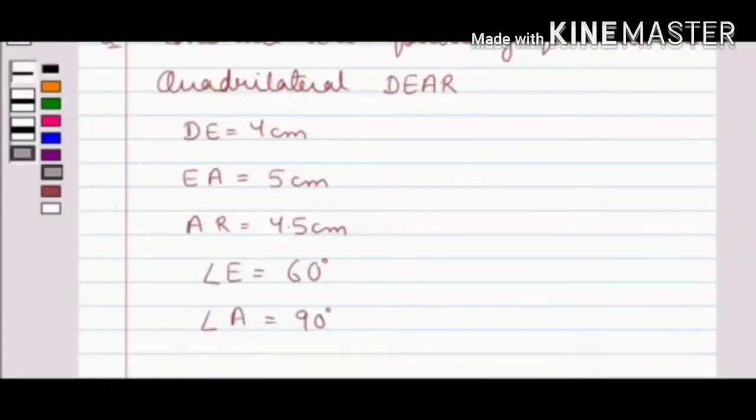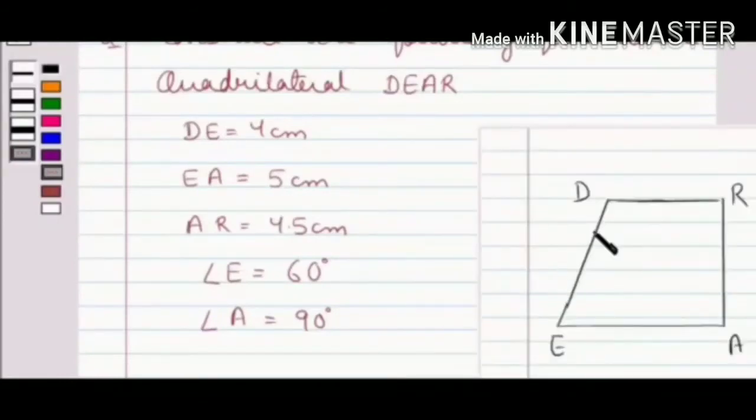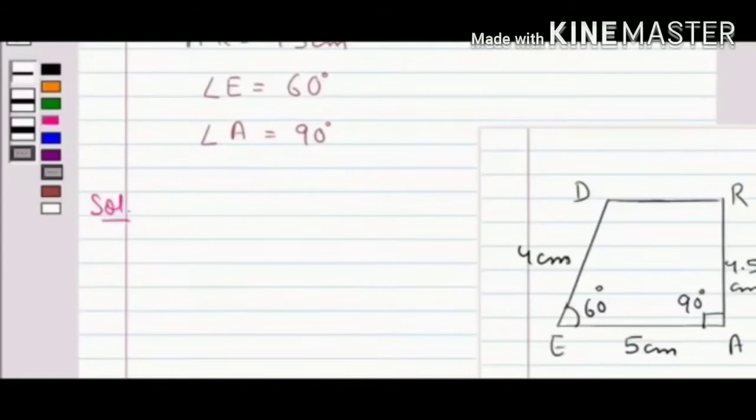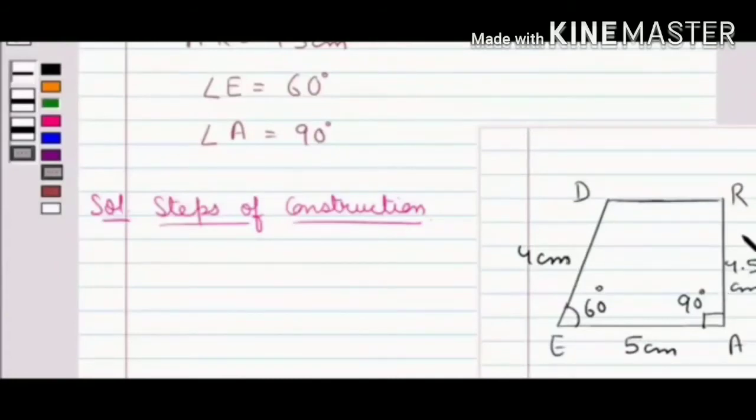Now before drawing the actual figure, first let's see the rough sketch of this quadrilateral. This is DEAR, where DE is 4 cm, EA is 5 cm, AR is 4.5 cm, angle E is 60 degrees and angle A is 90 degrees. Now let's move on to the solution. Now we'll draw the figure step by step. Now visualizing the rough sketch of the quadrilateral DEAR, we can say that our first step can be